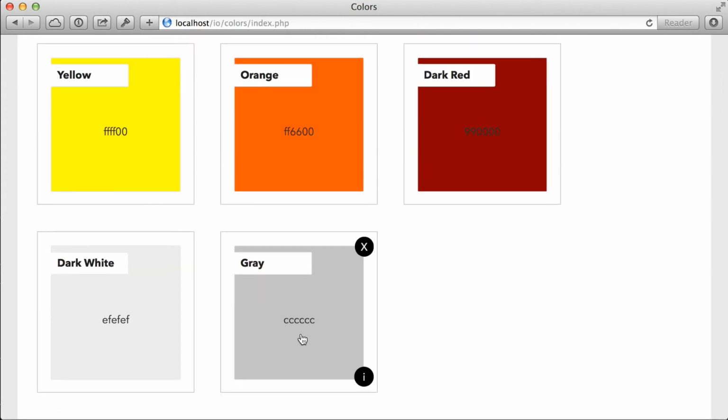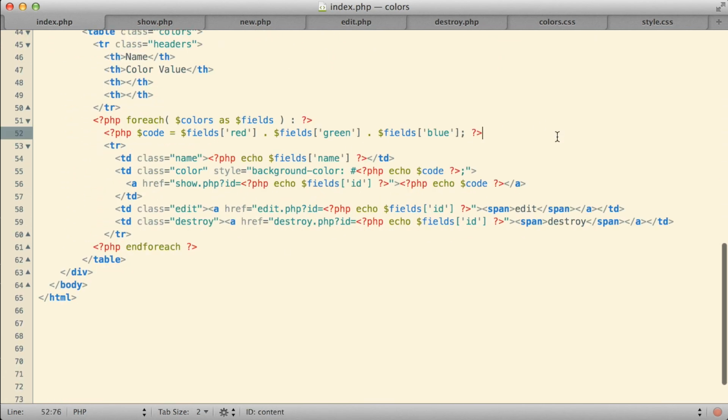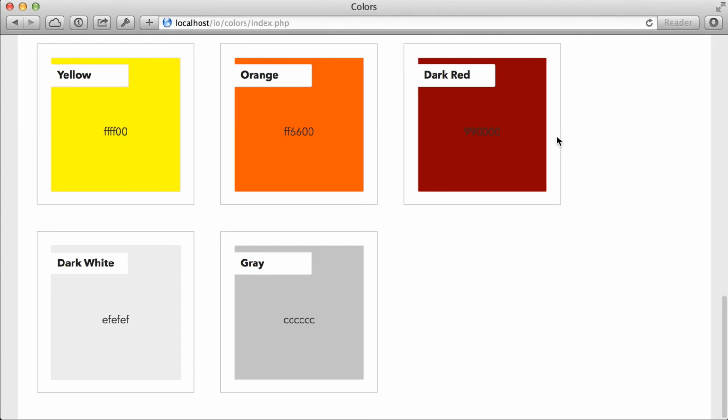I could also now at this point go ahead and decide how I want to have these things displayed. If I want to have the color codes all displayed in uppercase, maybe here on the index page, I could do that easily enough. In the code for the index page itself, down in the actual body, when I'm looping through all of my different colors and putting together the table rows for them, I generate this code variable, which contains the red, green, and blue values that are used to put that value together. If I take that and convert it to all uppercase, then that code will be in all uppercase, and that's what will actually get written out to the page.